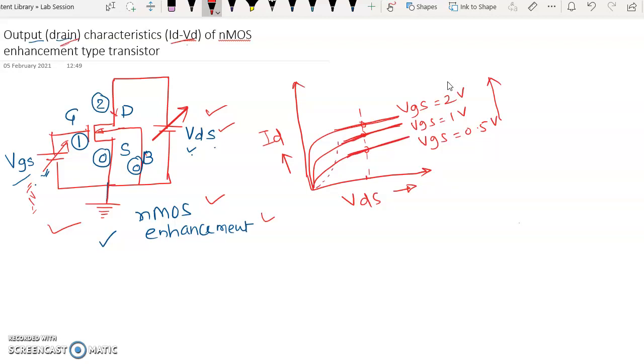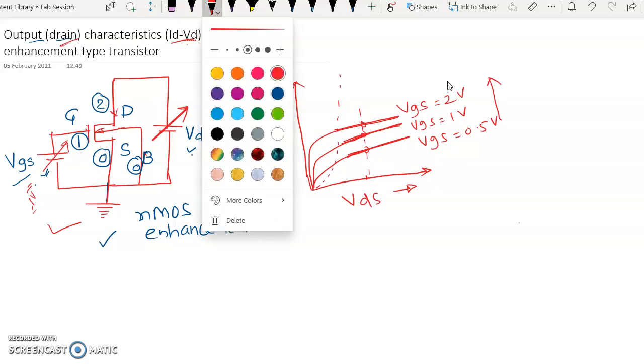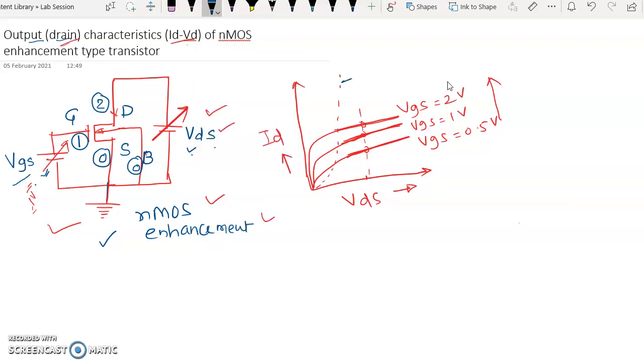Normally you draw a line like this, and this line is denoted as VDS equal to VGS minus VT, and this is the saturation region, to the right of this line.